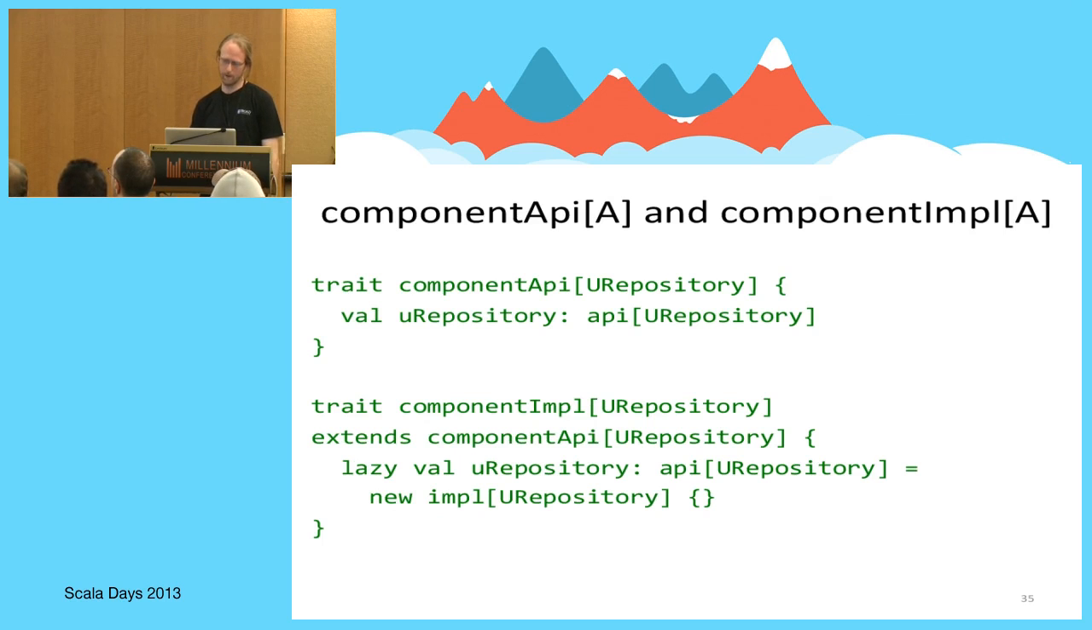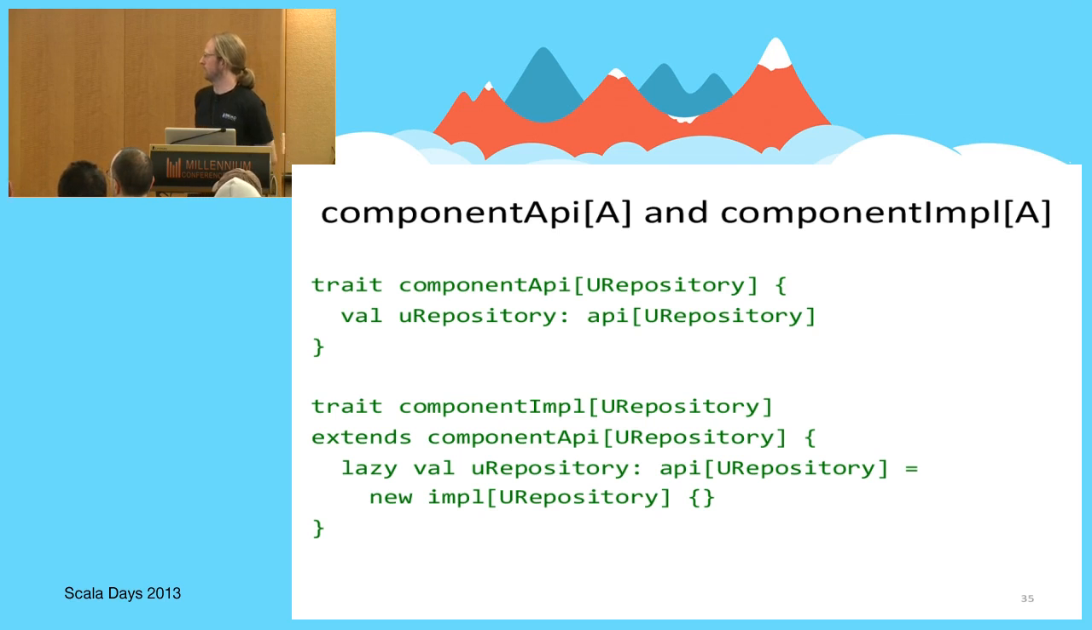Component is pretty straightforward. I just have to provide the injection sites. For the implementation of the component, I'm going to actually instantiate it. For the API of the component, it's going to be abstract. One point,